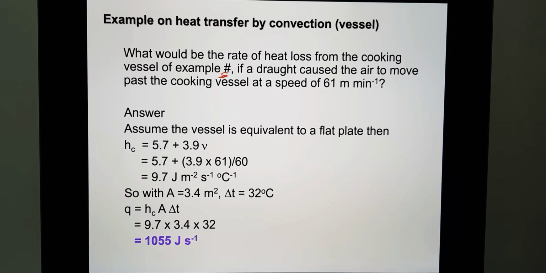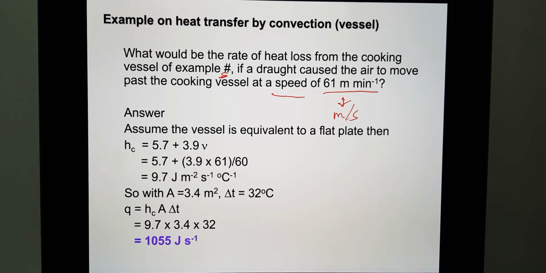If there is a draught, meaning a flow of air causing the air to move past the cooking vessel at a speed of 61 meter per minute. Can you see this? The speed of air is 61 meter per minute. So the first thing you need to do is convert to meter per second instead of per minute. So what happened here is 61, you need to times by